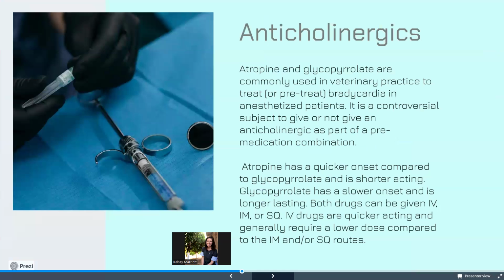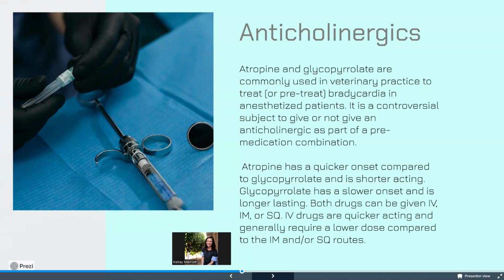So we kind of briefly talked about this, our anticholinergics. So atropine or glycopyrrolate are the two most known in this category. And an anticholinergic, what it does is it helps with any bradycardic events. Now, really old school ways would be a lot of people would give this as a pre-med protocol to help prevent